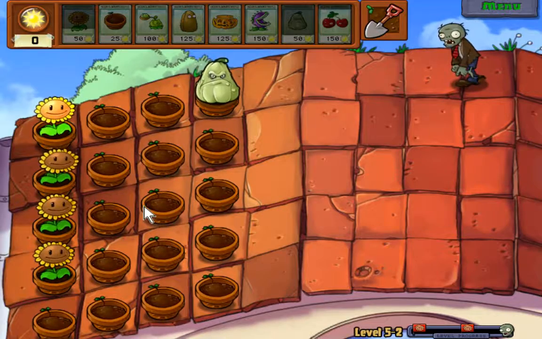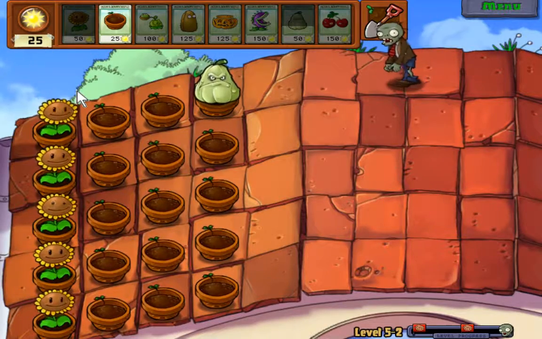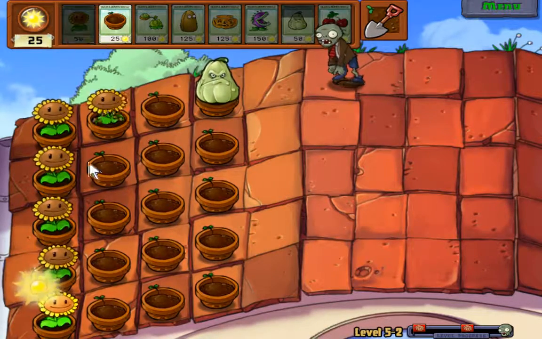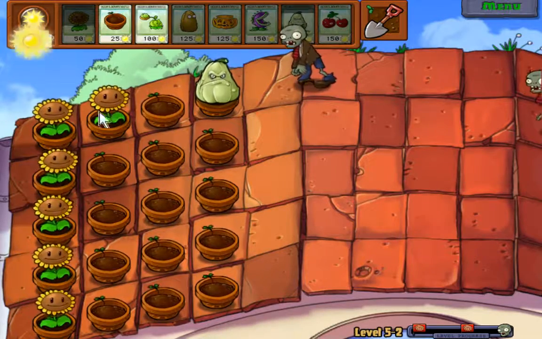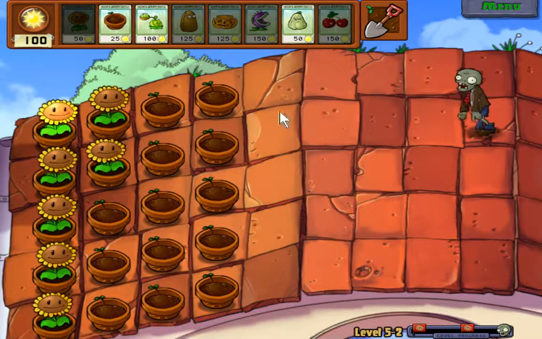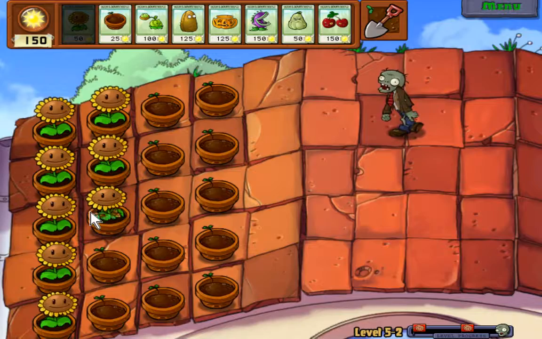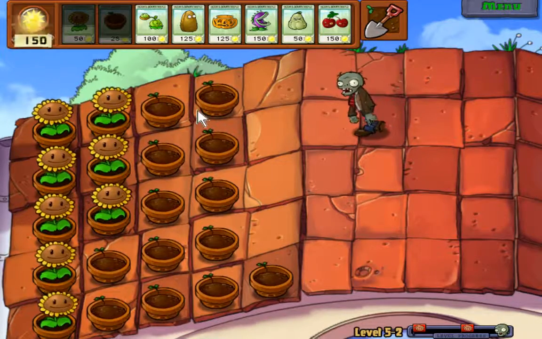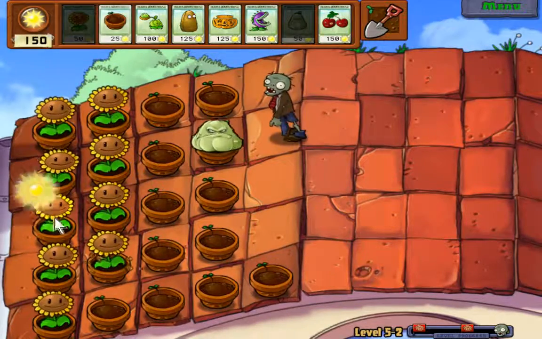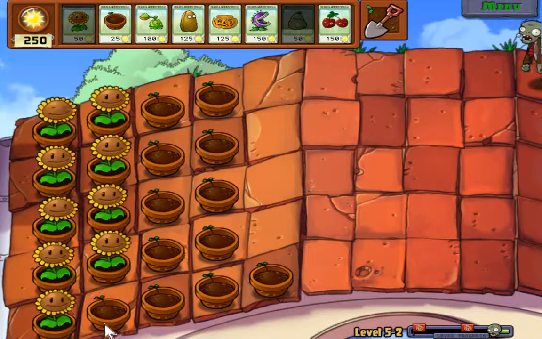Now here I think I'll consider putting 2, because I can now place flower pots. Which gives me a bit more room to, say, put tall nuts and pumpkins here. There's no reason not to put down flower pots. I feel like it's a pun because they're supposed to also be flowers, and you put plants on them, which are going to be like flowers. So, but